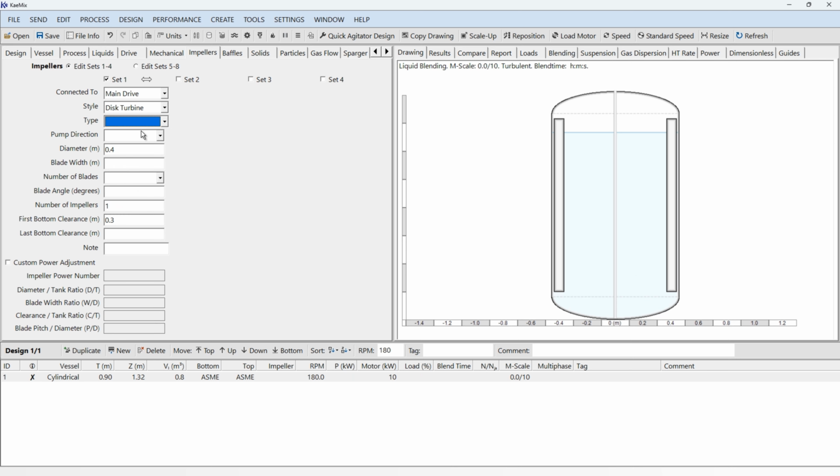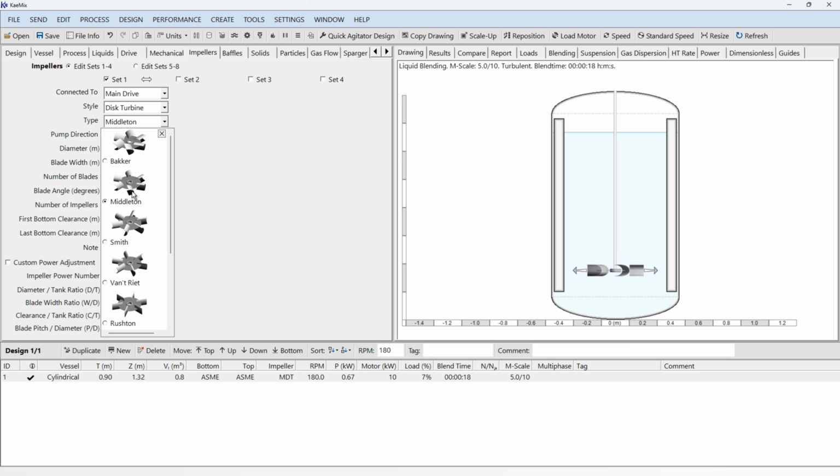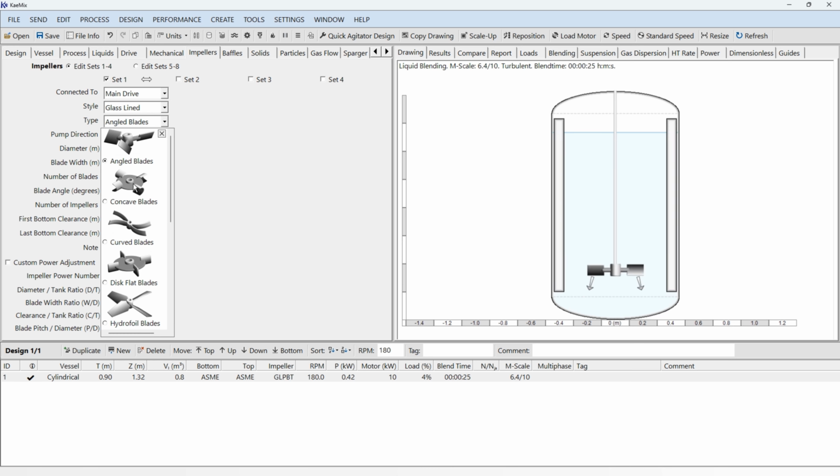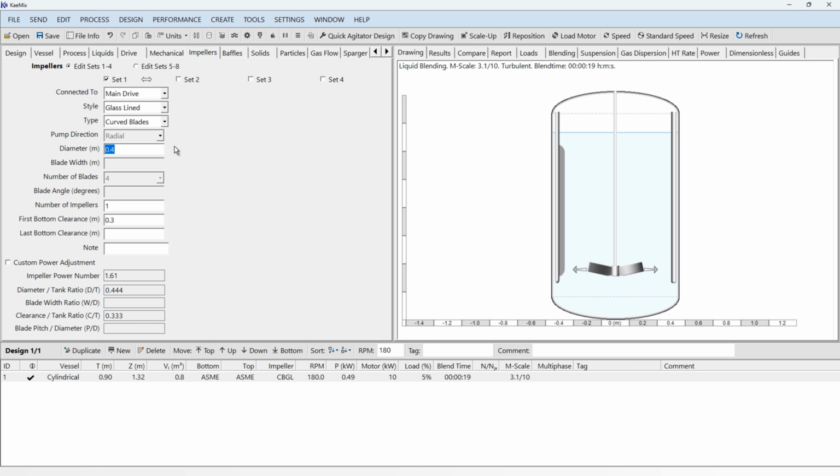After you choose the style, you can then click on the type drop-down list. This shows you visually the available types. For example, under General you will find various hydrofoils, pitched blade, and straight blade turbines. Here we select a glass-lined impeller, and K-Mix then automatically matched glass-lined baffles to this impeller.